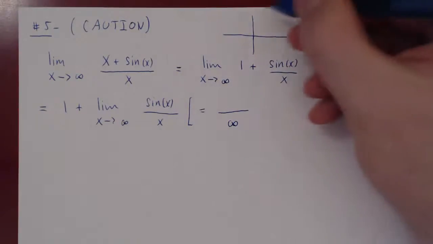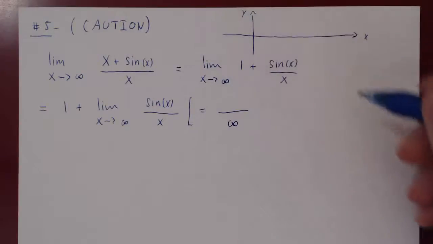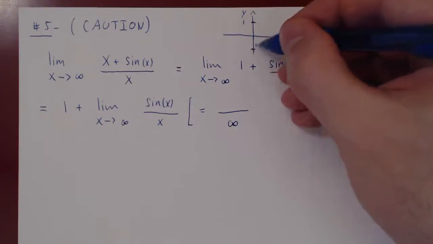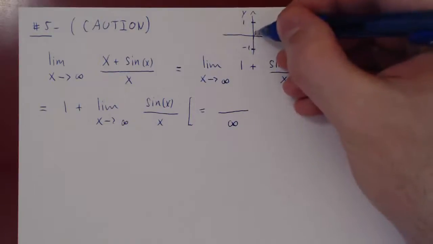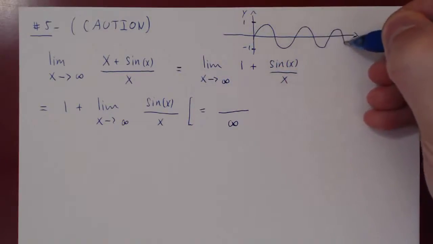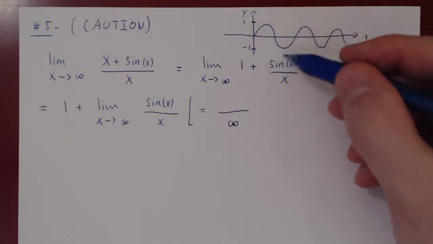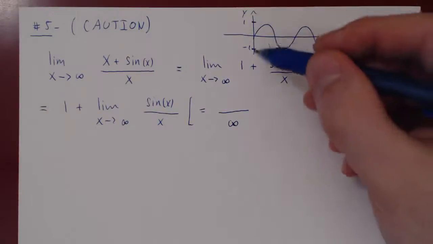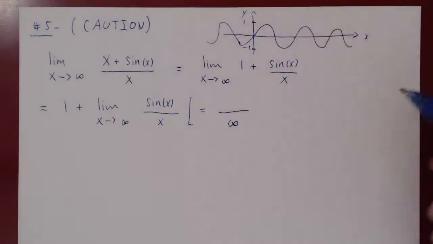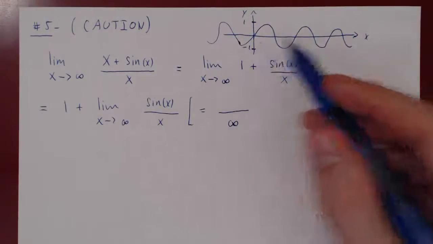Sine of 0 is 0, and sine is a wave function. It will oscillate always between 1 and -1. So the sine function looks something like this. It oscillates forever between 1 and -1, and of course the same if you go on the negative x-axis. So you see,